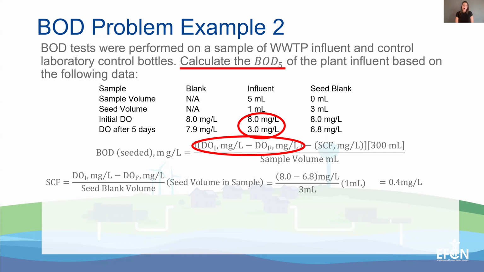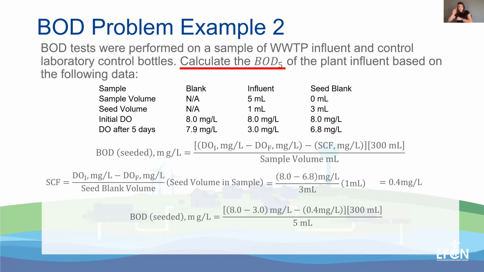Now, to do the rest of our equation, we use the initial DO that was used for a BOD5 test, and the final DO. We use the correction factor. We add that in, or in this case, it can be subtracted out. So we subtract from the initial DO the 3.0 milligrams per liter of our final DO, our seed correction factor. We also multiply that by the 300 milliliters for the total analysis volume, and we divide that by the amount of sample volume that was originally diluted from. So we plug all those in, and for this sample, we would get 276 milligrams per liter.